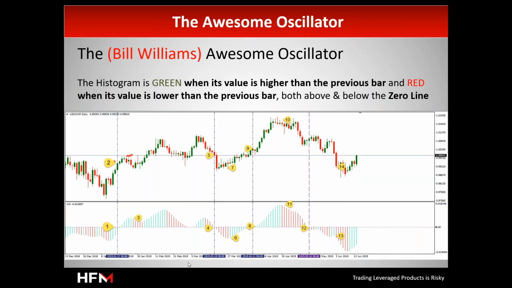Here, once again, is how it looks, and we're going to go through this numbering that we have put on, in order for you to understand how it works and what it signals. First of all, just to clarify why we are seeing some bars in red and some bars in green. Just a second, let me double check whether I have the formulas written somewhere.